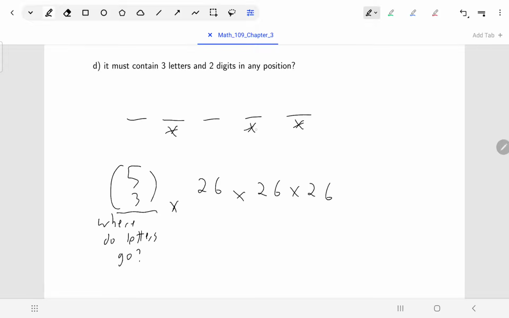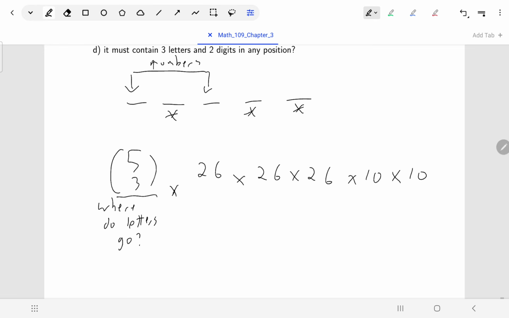Once I've chosen where the letters go, then automatically the 2 leftover spots, those need to be the digits. So I don't really need to choose where the digits go. I already know where the digits go. I just need to choose which 2 digits I'm using. And in the first position, you'd have 10 choices, and in the last position, you'd have 10 choices. So we really wind up with something similar to the previous example, just with a little 5C3 in front. And that gives us